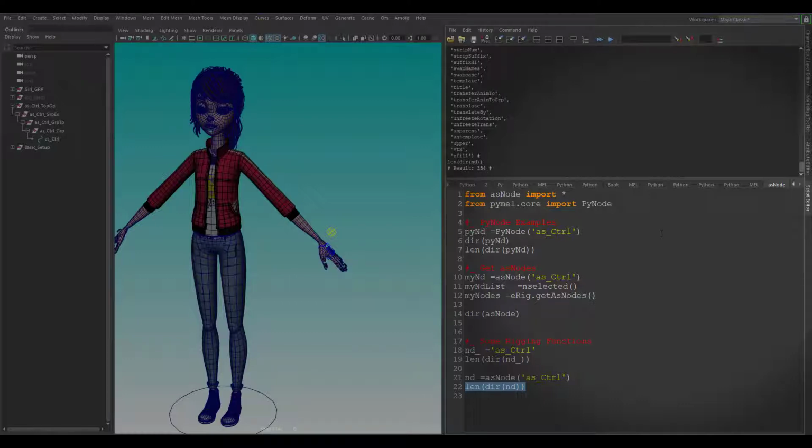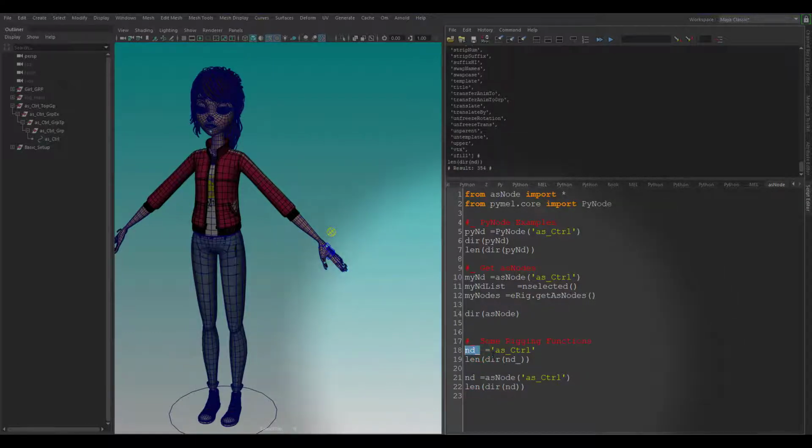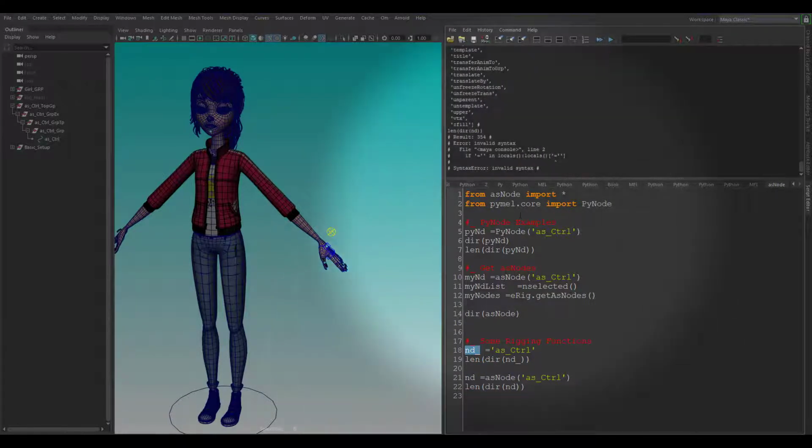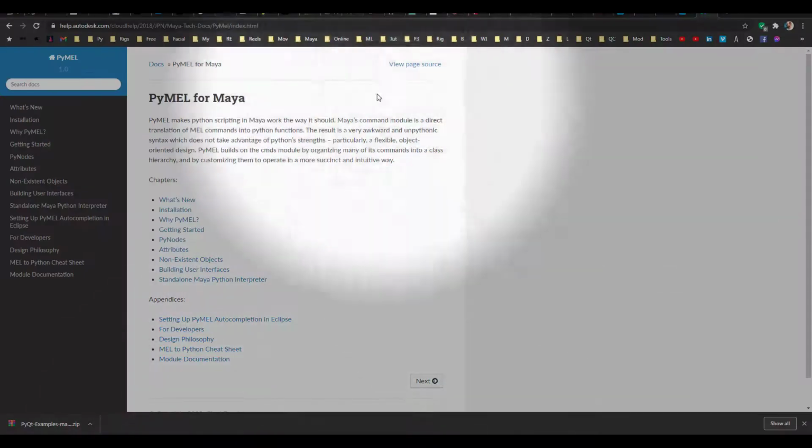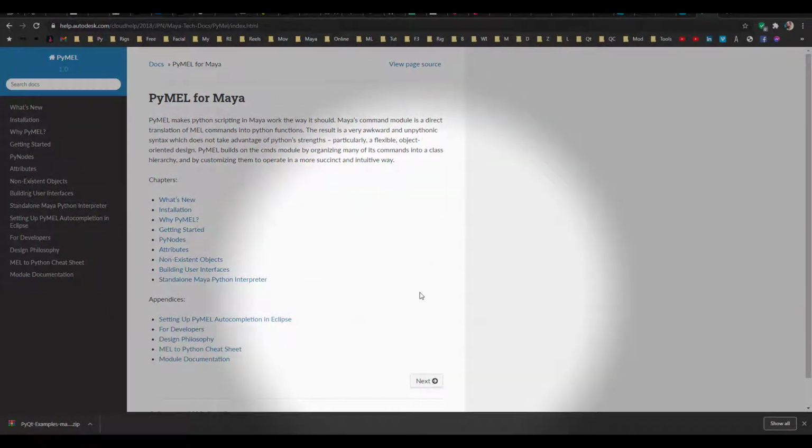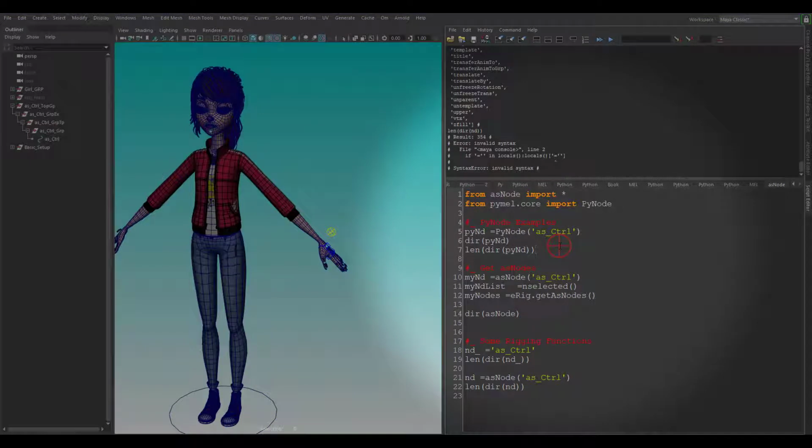Every time we query anything from asNode, it returns an asNode, whereas in the regular programming way, it doesn't return any other nodes or any information. So initially, it was inspired from PyNode in PyMEL. You can see the PyMEL documentation here from Maya. Let us see what PyNode is like. You can create a PyNode directly on the control,